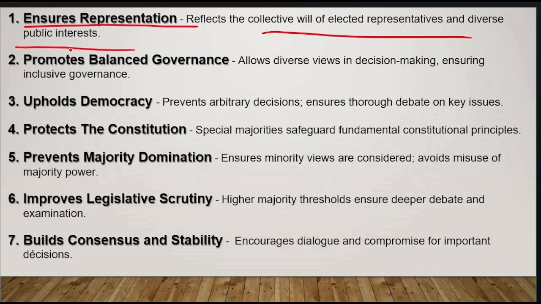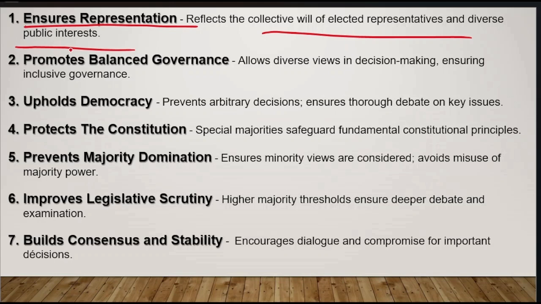That means suppose example সিম্পল মেজরিটিতে কোনো বিল পাস হয়েছে, তার মানে ধরো ফর এক্সাম্পল 201 votes went for the bill and the remaining votes went against the bill. So the bill has been passed. তো তার মানে পার্লিয়ামেন্টে 201 জন যে মেম্বার্স আছে তাদের কালেকটিভ উইল তো এটাই ছিল বিলটাকে পাস করবার জন্য। এমন তো নয় যে শুধু একজন এমপির ইচ্ছা ছিল এই বিলটা পাস হয়ে যাক, তা তো নয়। ওই 201 জন এমপিরই ইচ্ছা ছিল বিলটা পাস হয়ে যাক। So that means this particular majority reflects the collective will of the elected representatives.